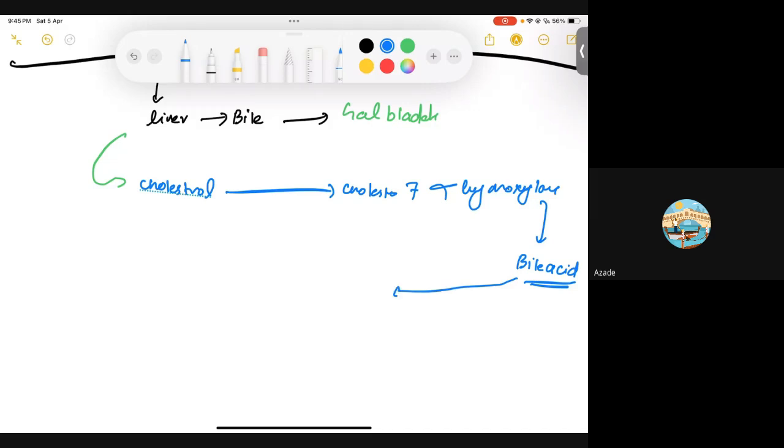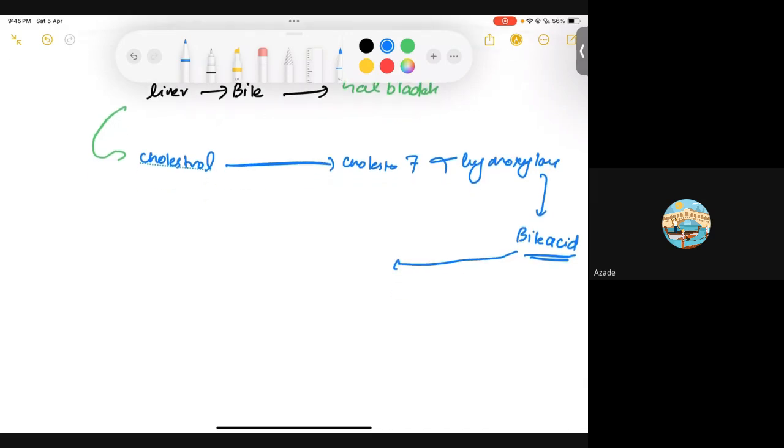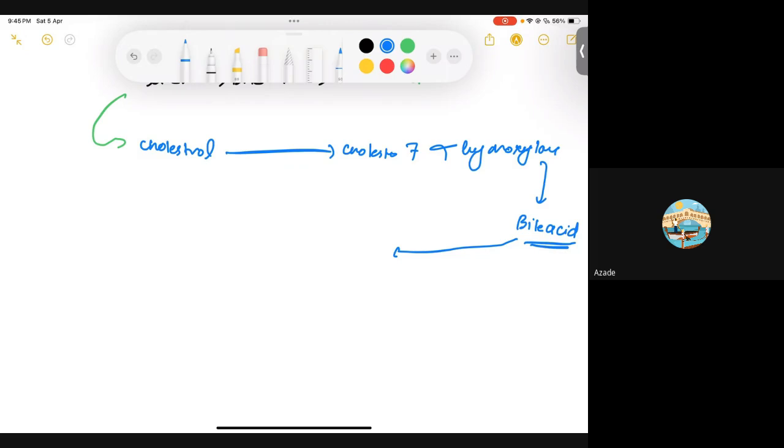So in order to be soluble in water, bile acid is going to be converted into bile salt. Salts are soluble in water, right? And we want bile acid to be converted into a soluble state. So how do we convert acid into salts? The idea is very simple. We are going to combine it with a base, right? So what bases are going to be used? That is glycine